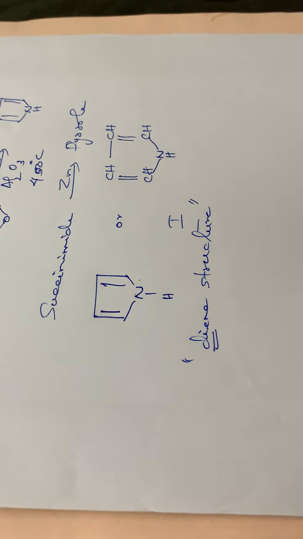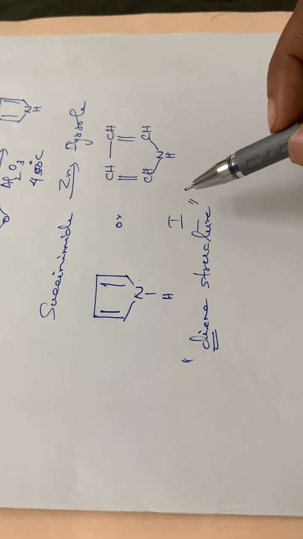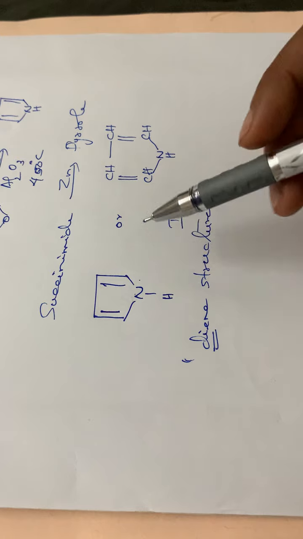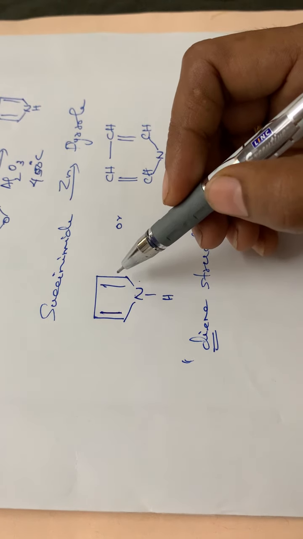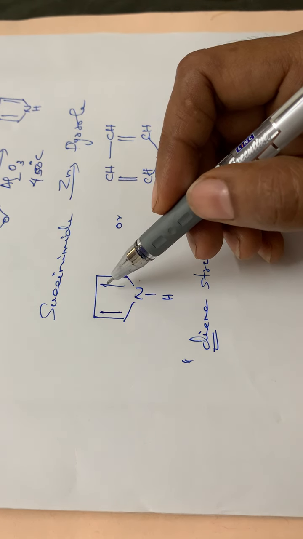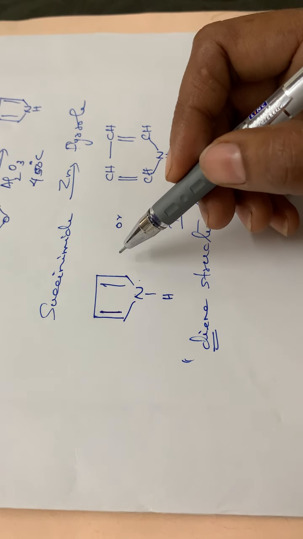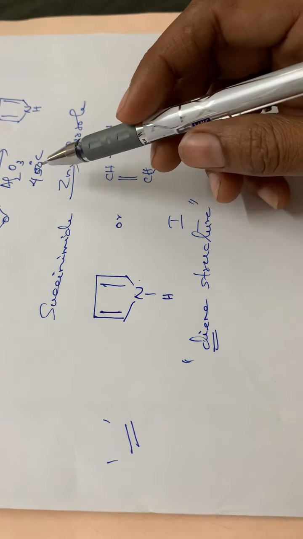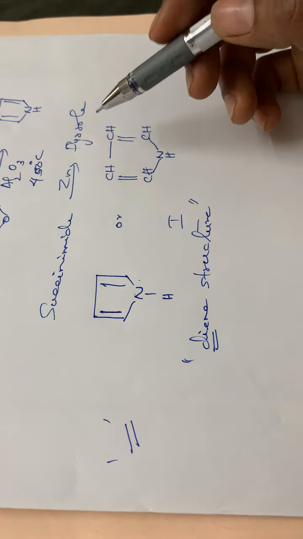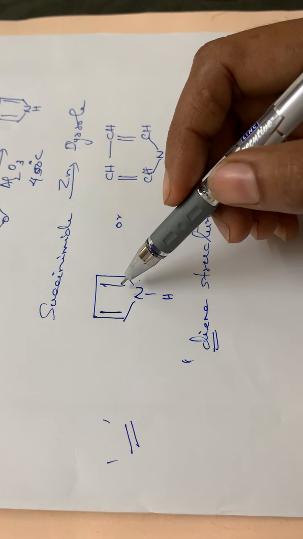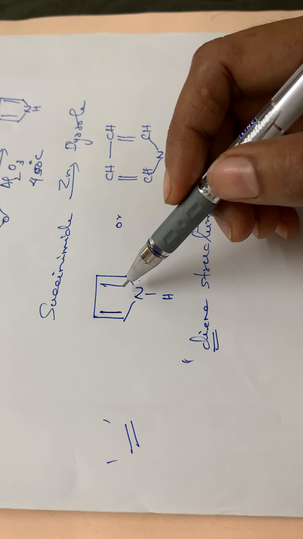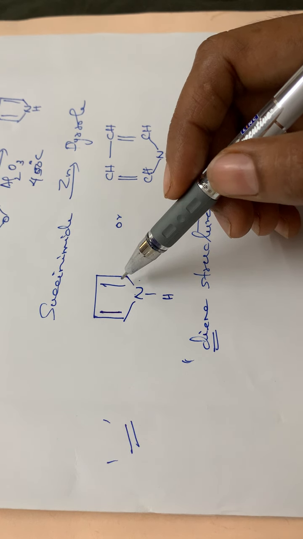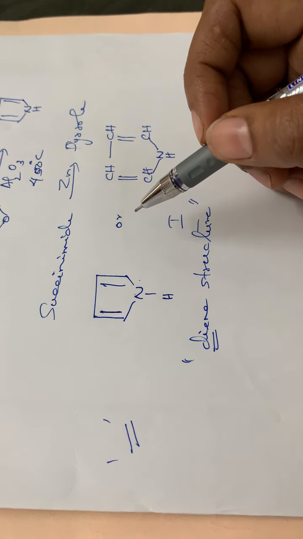Then the next is whether this structure is confirmed or not. That is our next step. We have to confirm this structure. If there is a double bond, addition reactions normally take place across a double bond. From these two reactions, it is said that this pyrrole has two double bonds. But actually, if we do an addition reaction across these double bonds, we can say that no addition reaction will take place.